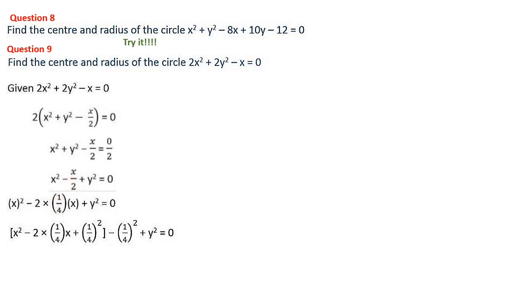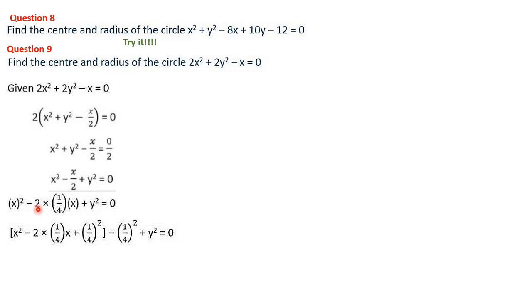Here 2ab, always keep it in mind that a minus b or a plus b the whole square expansion. So first term is x square term, second term is 2ab term. So 2ab means in that format we have to bring. So here 2 is not there. What do you have to do? Put from our hand 2 into. Then you have to balance it in the given equation. Here 1 by 2 only is there as constant. So here 2 is there in the numerator, means to balance that one 1 by 4 we have to put. Then this 2 and 4 will be cancelled, like 1 by 2 will be coming. That is the way a logical arrangement we have to do. Plus y square equal to 0. There is no formula or shortcut to do these questions. Logic we have to use.